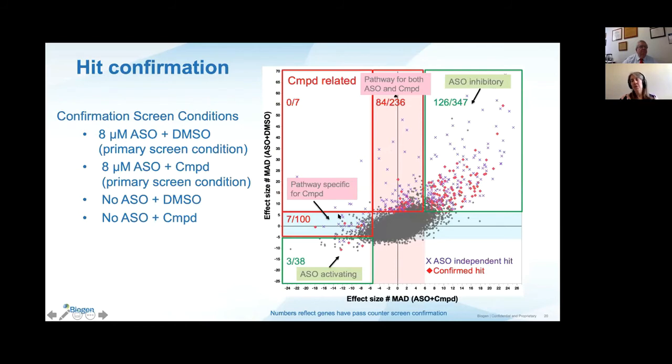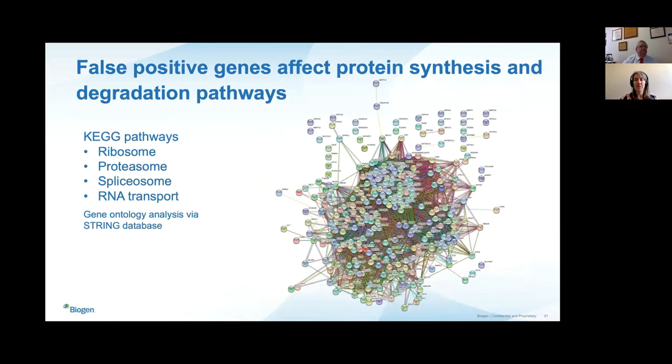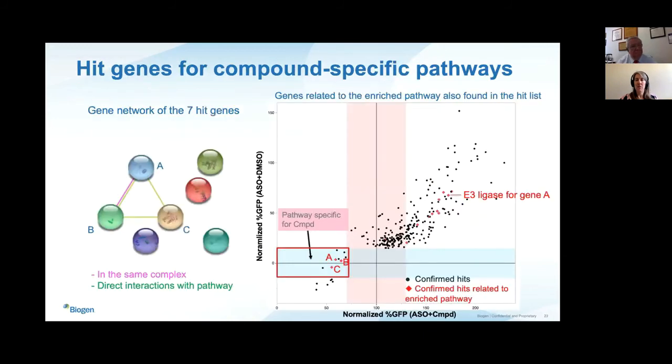originally. But just really quickly, I wanted to say that the false positive genes were really what we expected them to be. They mainly hit pathways like ribosome, proteasome, spliceosome, and RNA transport. And we were able to very quickly triage those out. Now, I do wish I could actually tell you the genes that were our hits of interest, but we're still following up on these, and we haven't published yet, so I can just give you a little bit of a teaser. We had 7 genes that truly seemed to be pathway specific for the compound, and of these 7,